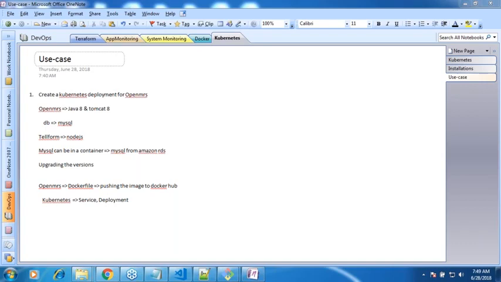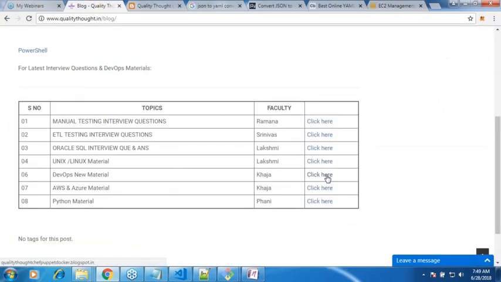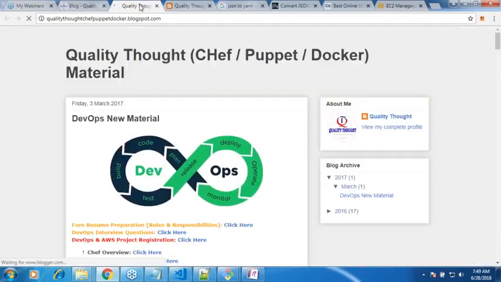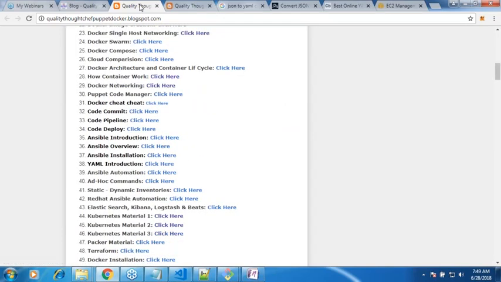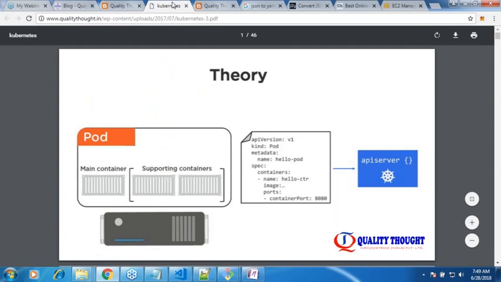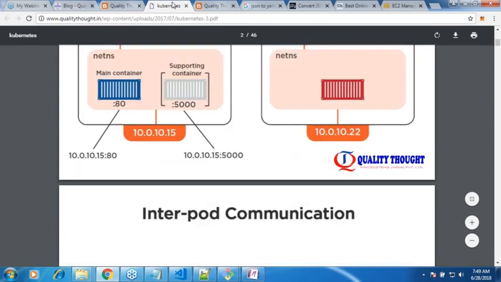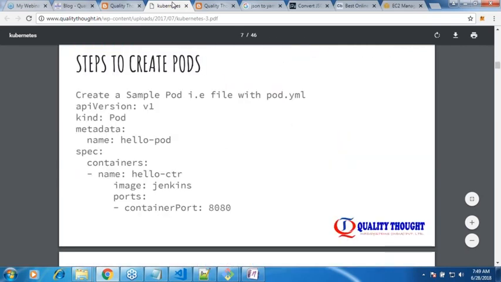All right. Okay. Now let us go ahead to our blogs and the last slide of Kubernetes. Fine. Let us write our own